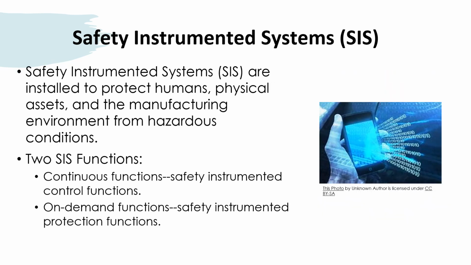With the advancements of automation, safety systems are designed to be heavily instrumented and interconnected. Thus, the advent of Safety Instrumented Systems, SIS. SIS are installed to protect humans, physical assets, and the manufacturing environment from hazardous conditions. More specifically, SIS are instrumented systems used to implement one or more safety instrumented functions. As described in IEC